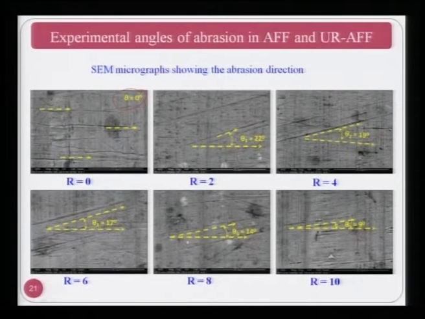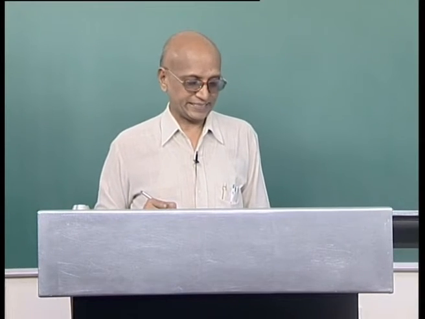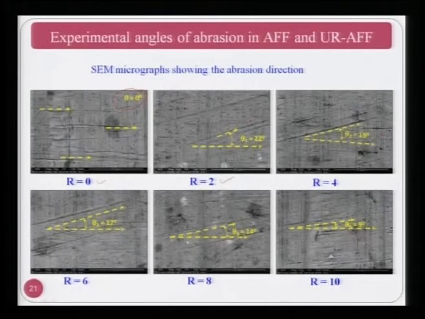Now as this angle is decreasing, the RPM, or the rotational speed of the workpiece, is increasing. So you can see here initially it is 0 RPM, 2 RPM, 4 RPM, 6 RPM, 8 RPM and 10 RPM. That means the cross hatch pattern angle is also changing, as is very clearly visible from the photographs taken of the finished surface.